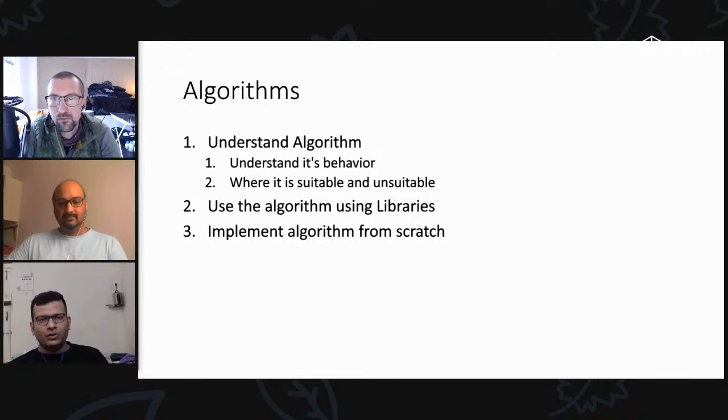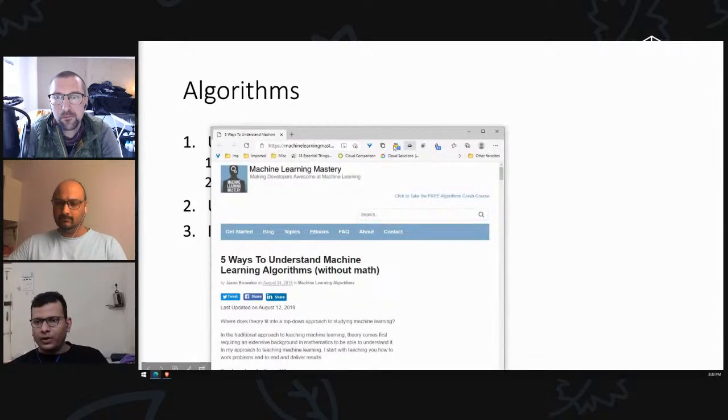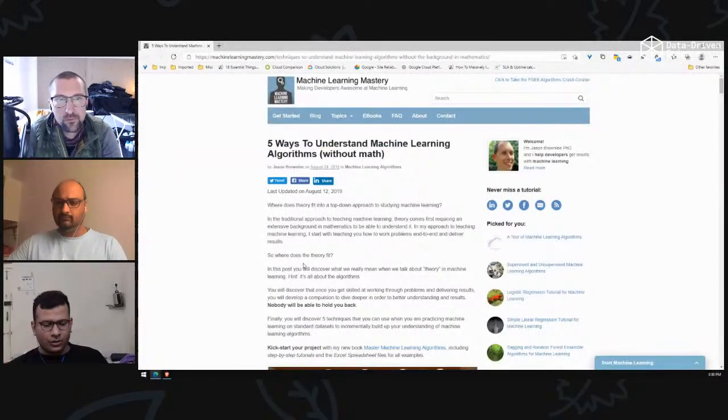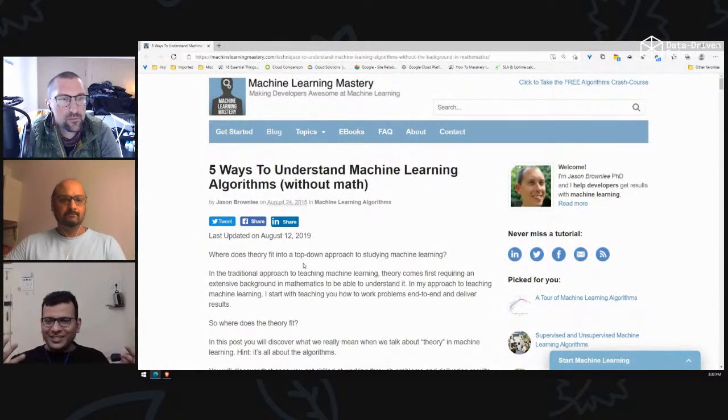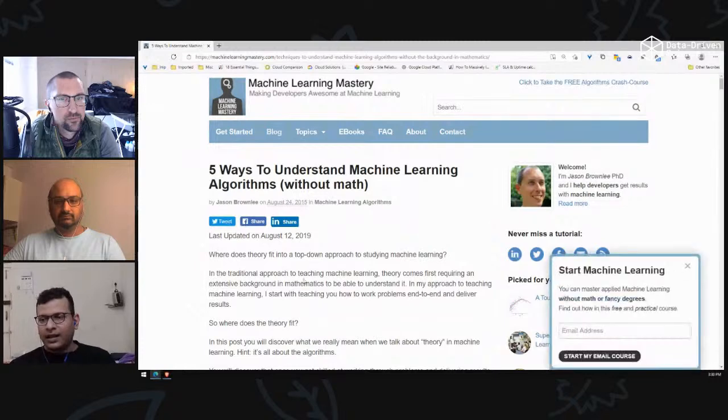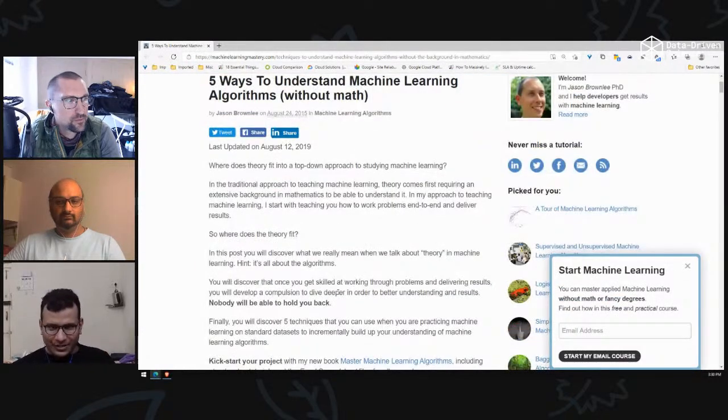Perfect. There is a blog which we are sharing on the chat. If you check it out, it tells you how to understand a machine learning algorithm. We hope to impart this knowledge: before you start implementing an algorithm from scratch, there are a lot of other things we need to understand.